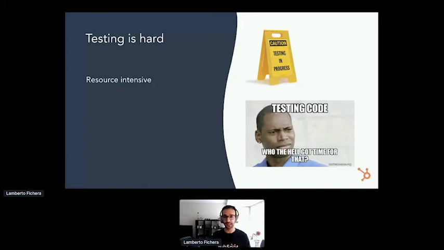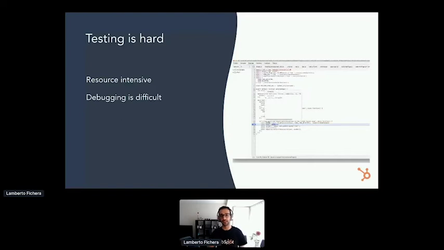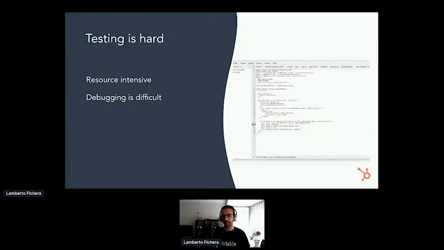Speaking of debugging tests, that is another major issue, because generally when you're running through a debugging session of your acceptance tests or your end-to-end tests, you're hopping into multiple layers in your asynchronous code, and that is because end-to-end testing is asynchronous by nature, and this is generally not the most straightforward task to get down to the root cause of the test failure.